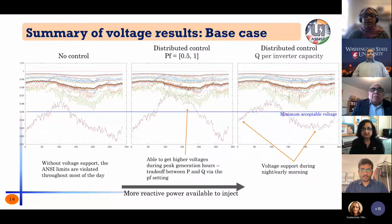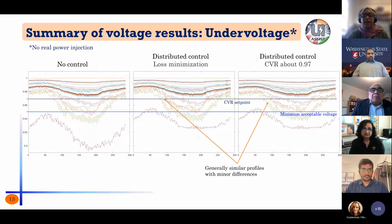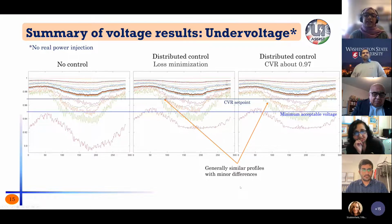If we go to the next case, I think I have the undervoltage case. And so what we're looking at here is we're not injecting any real power. We're only using the inverters present for reactive power injection. And so here I'm showing two different objective functions, loss minimization and CVR. Generally, they look very, very similar in this undervoltage case. In the overvoltage case, which I don't have in this slide deck, but I'm happy to share separately if someone's interested, these actually do look quite different. And so even in this undervoltage case, we're able to get significant improvement if we have these inverter resources available in the grid and able to use. So if we go to the next slide,